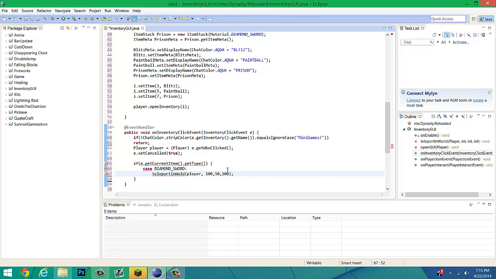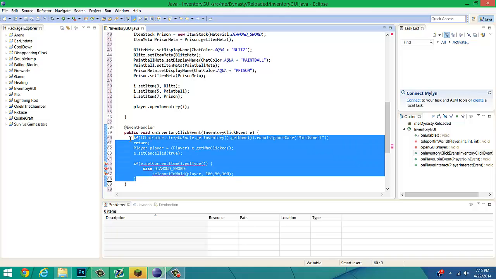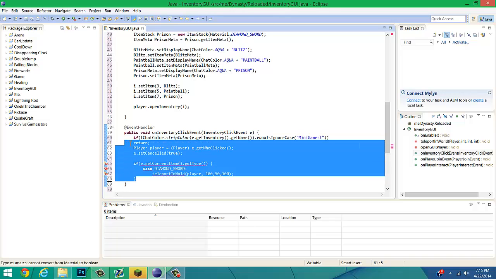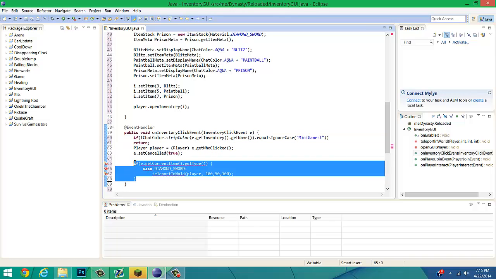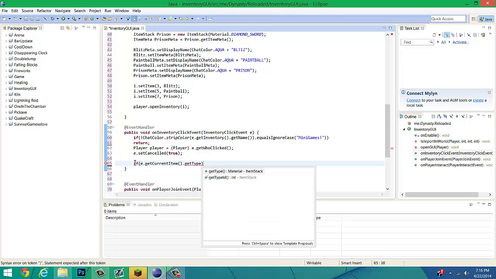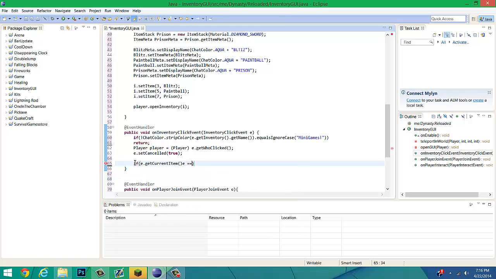So what's going on up here? I see what's going on. We need to delete all this. Sorry about that. Actually, don't delete too far up. Where you started the if statement, that's pretty much where you're deleting to. We're going to do if e.get current item, and on the current item dot get type. Actually, no, we're not even going to do that. We're just going to set it equal to null. So if it's equal to null,